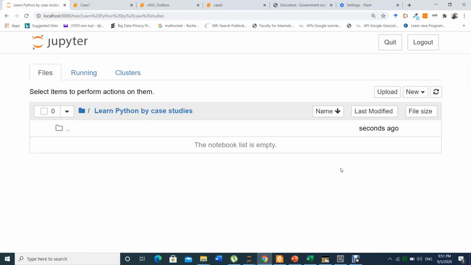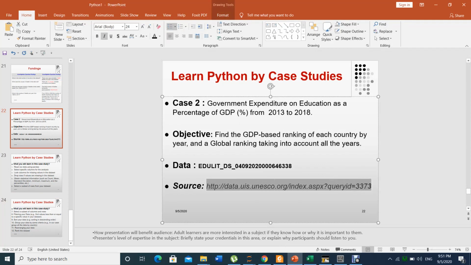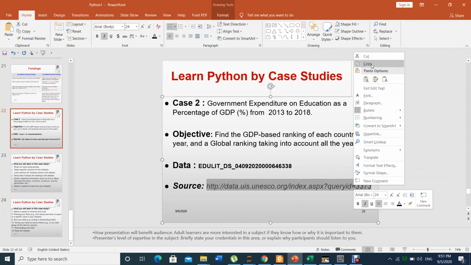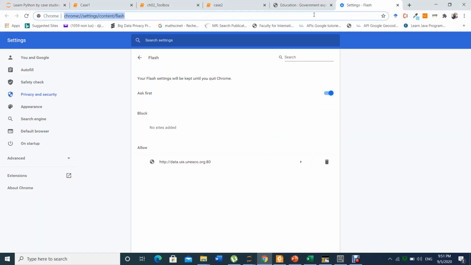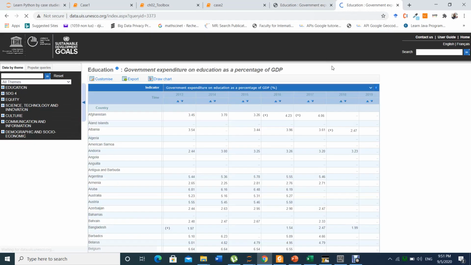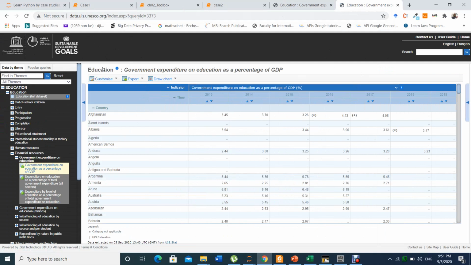You open it. Now you go to upload the data you want to analyze. I have given the link of the data, so just copy it and paste it in the internet browser. This is the website from which we collected the data, so this is the data we use.